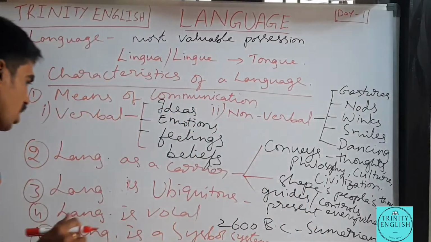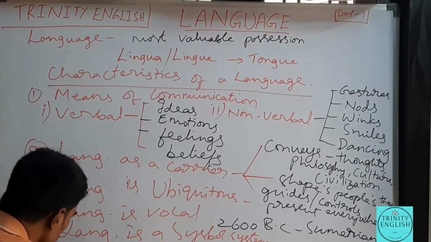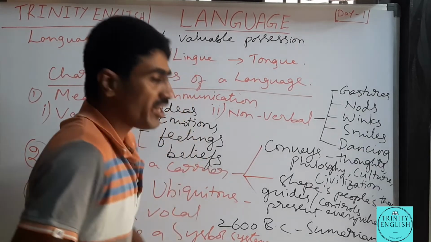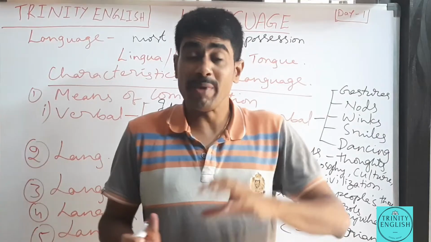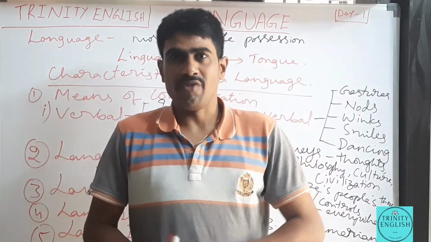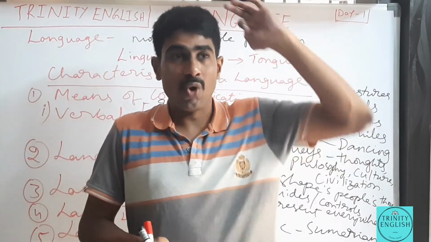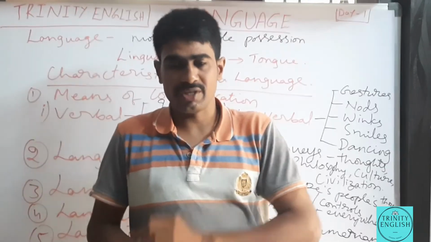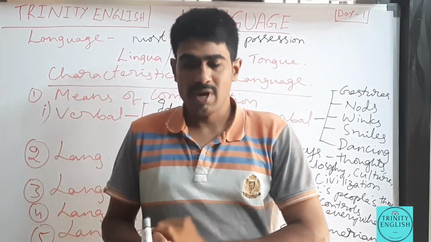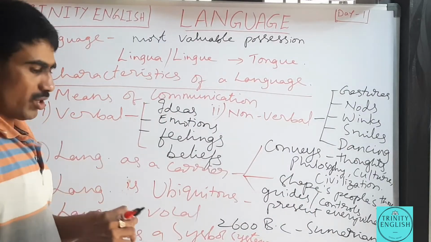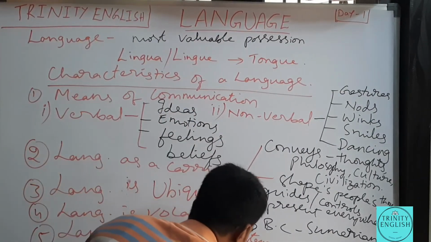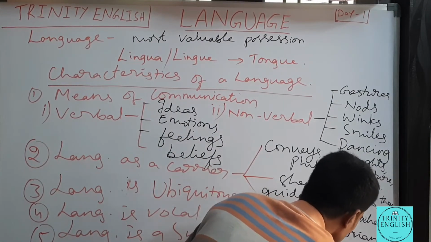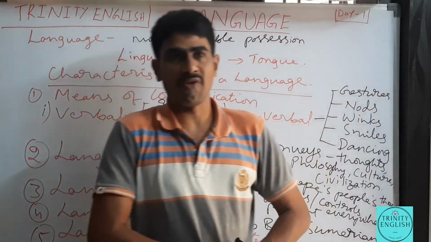And then next we talk about language being flexible. It is flexible. We can make a lot of alterations. We make a lot of changes to the language. If you look at English, there is Old English, Middle English, and then modern English. There is a lot of flexibility in the language. And here, as per 2015 reports, there are around 7,102 languages.